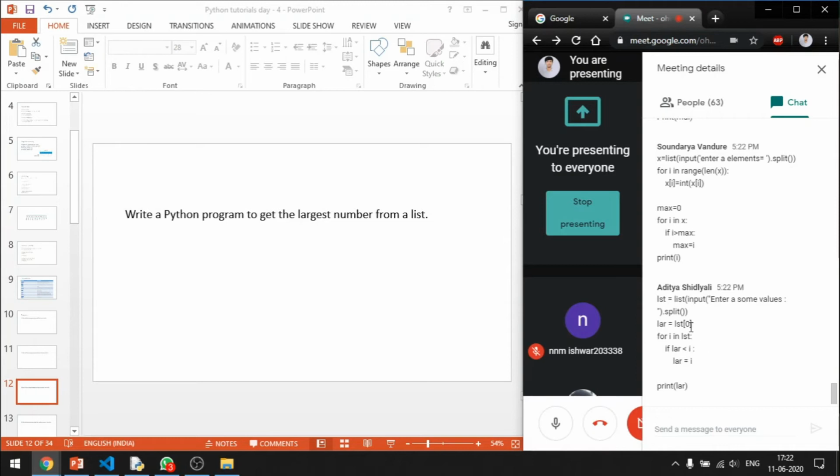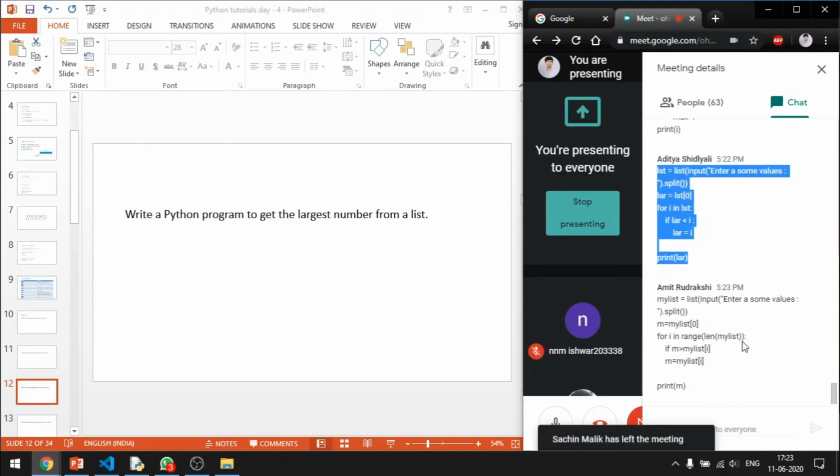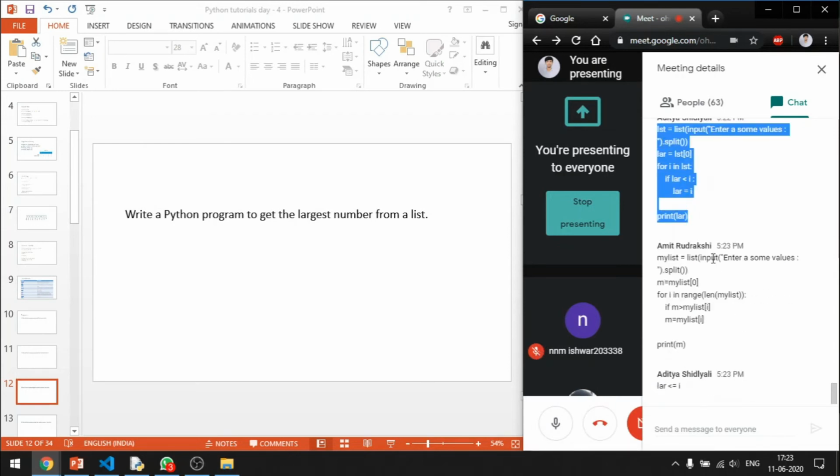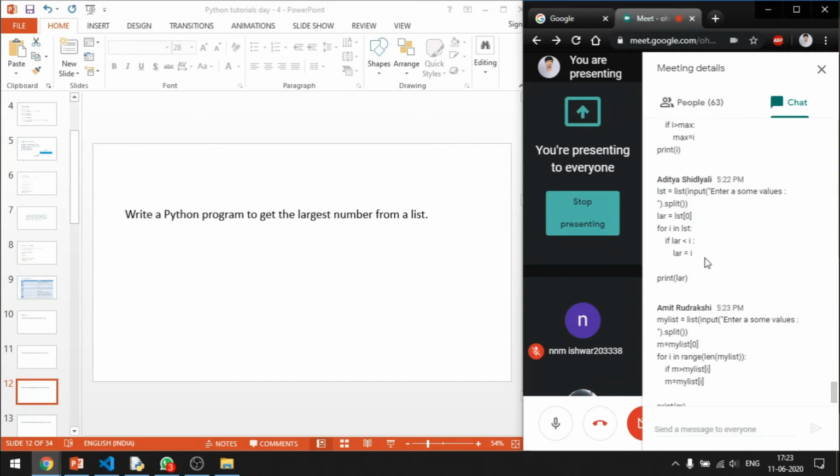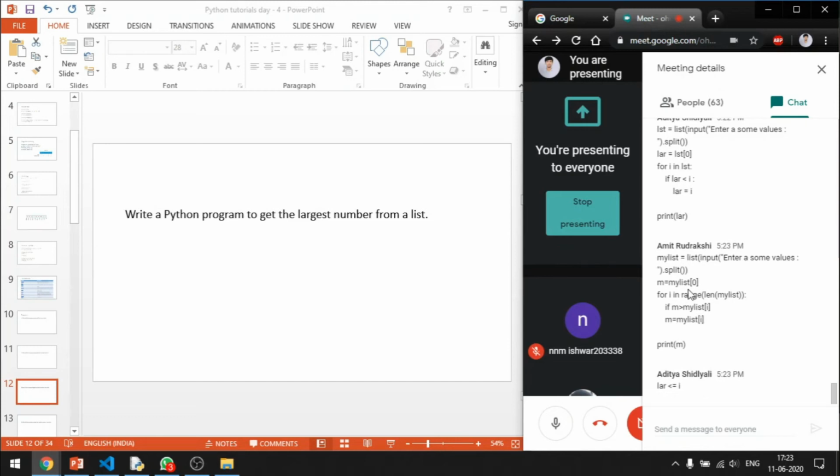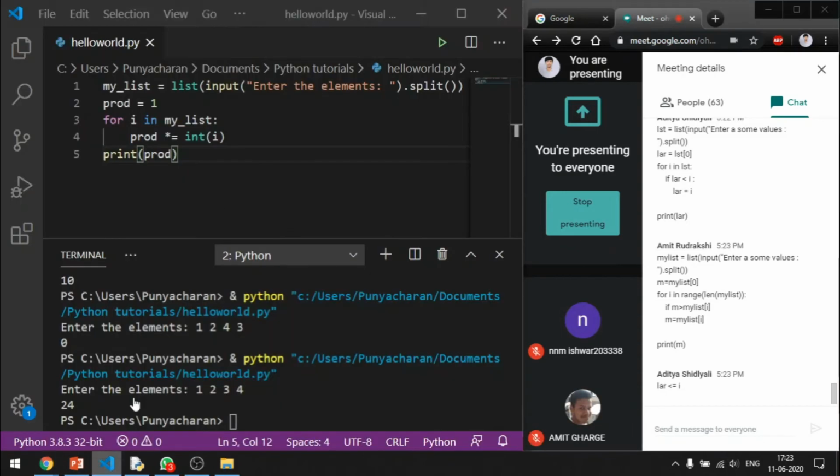Okay, Aditya has got it. Large. Okay, perfect. Aditya, are you sure? It seems you're missing something. Probably it might work, but I'm not sure. Can you compare strings which contain numbers? Just check on it. Okay. Amit, just check if you can compare the strings. You can compare the strings and you'll get the same output. Let me check on that.